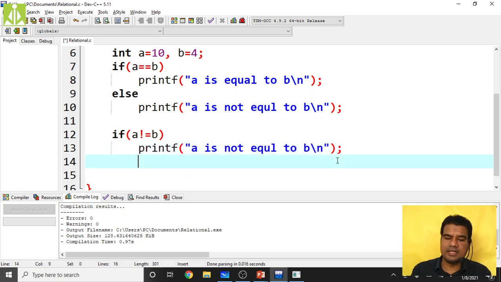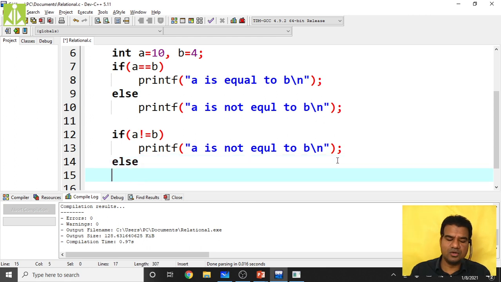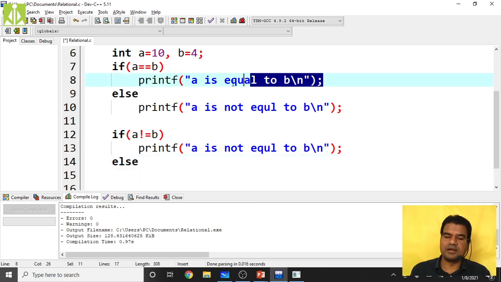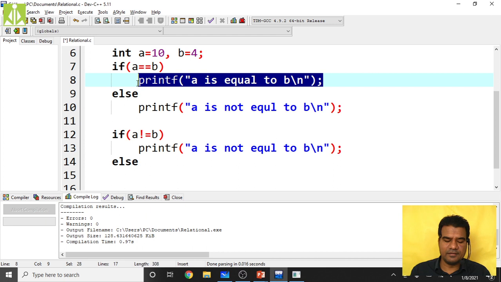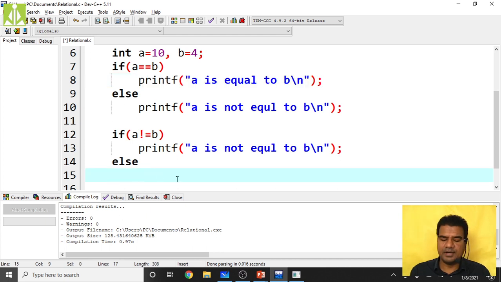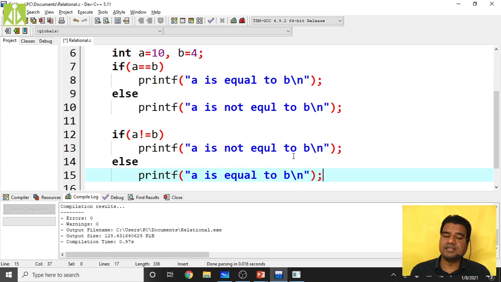Inside the else block, you get this statement: printf "a is equal to b". If it is not equal, it means it is equal in the false block. If it is true, you get "a is not equal to b". If it is equal, you get this message.